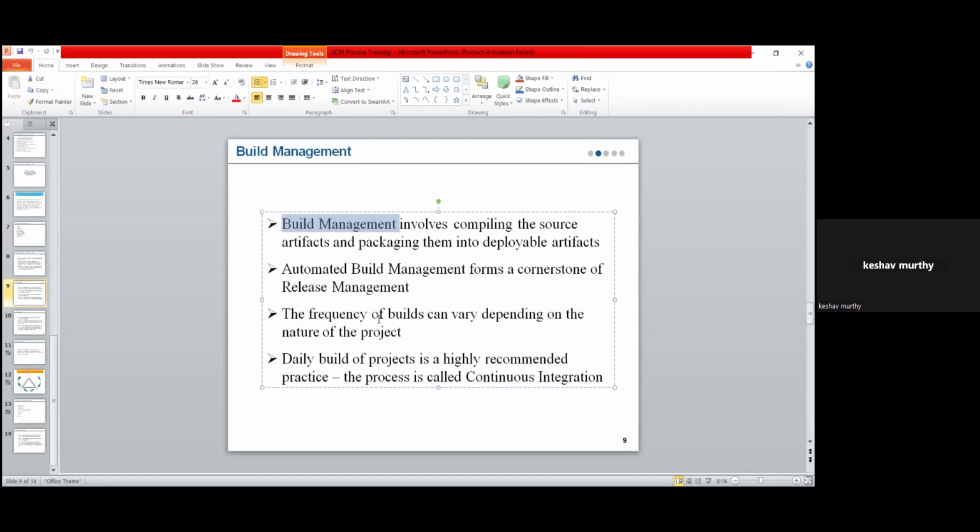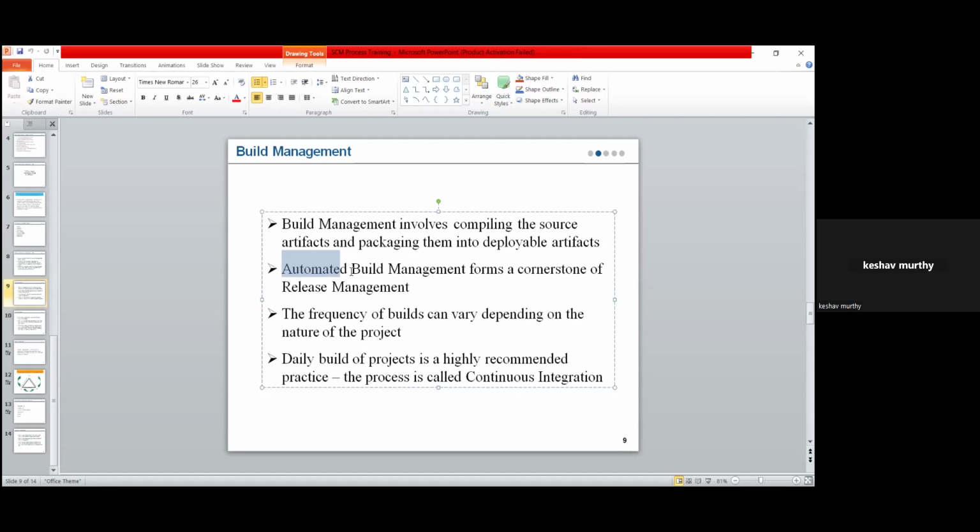Instead of that, we automate the build management process itself. We write a script, capture his knowledge, everything, and put it into a script. So even if he is absent, we can run this script and see what happens. This is an automation process.